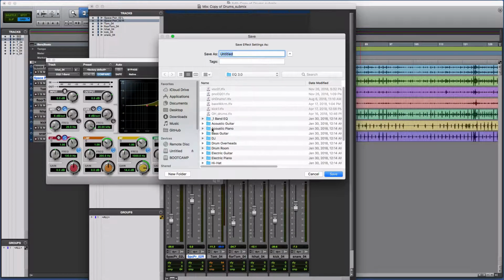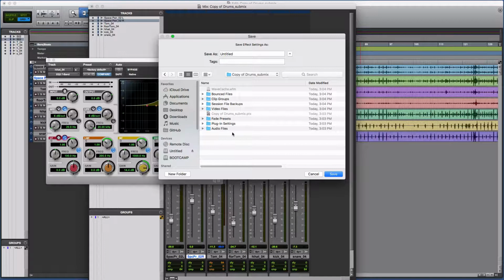So instead, I'm going to navigate to my folder here, copy of Drum Submix. Unfortunately, Pro Tools only lets you save it in a certain kind of folder hierarchy. Of course, you could create that folder hierarchy, but when you save copy in, it does it for you, and you just have everything